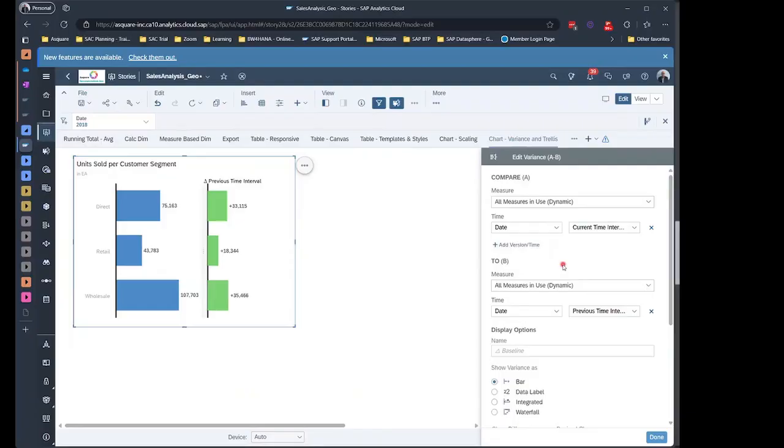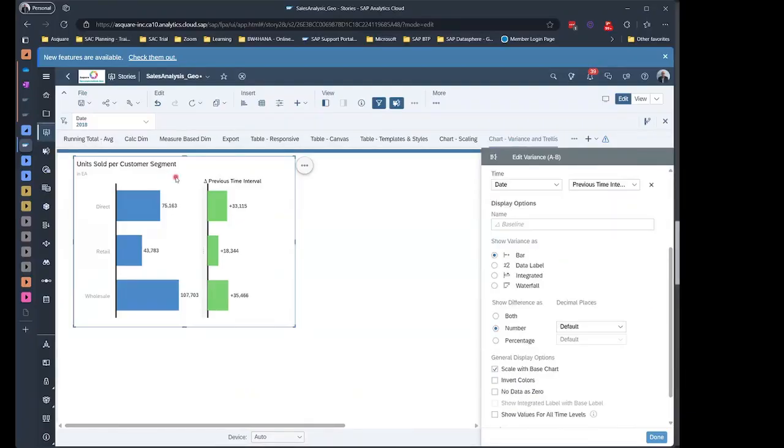Now you see we have bars, which are going to show you the delta. This triangle means delta. What does that mean? This means that in 2018, I have 33,115 units more sold compared to 2017. So that means my 2017 units sold should be 75,000 minus 33,000, which should be around